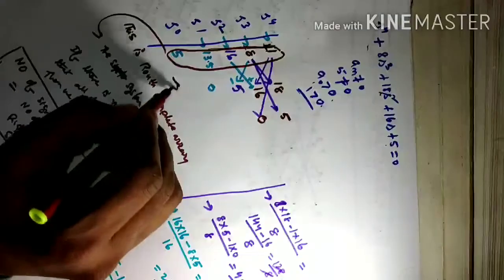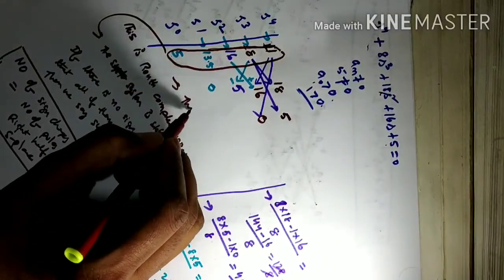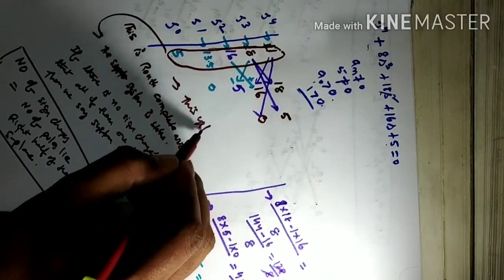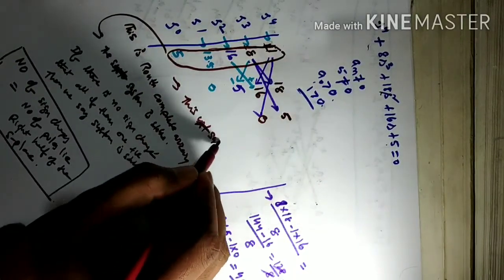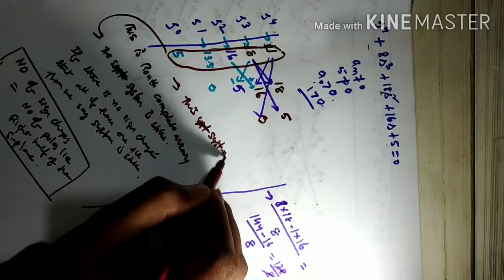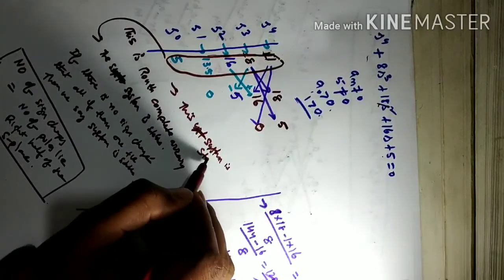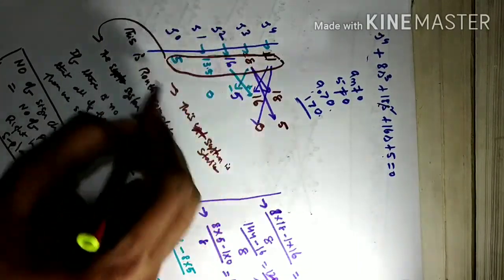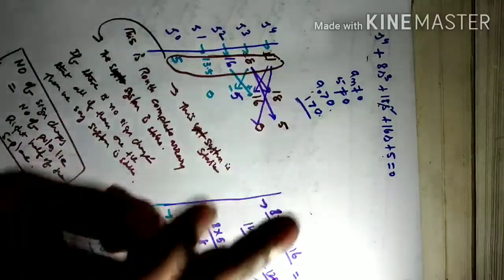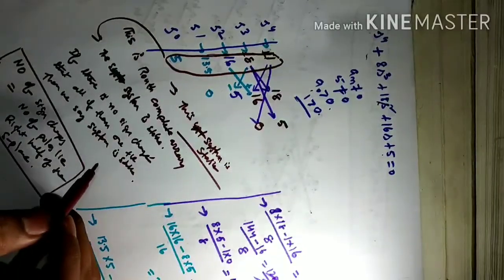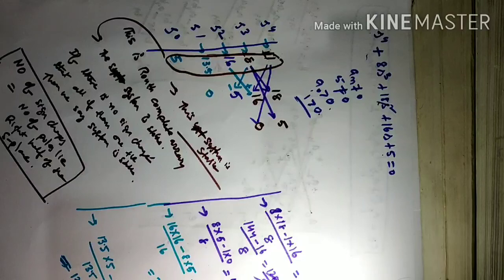This is a stable system because there are no sign changes in the first column of the Routh array. So the system is stable. We will see a few other examples. So we are going to find